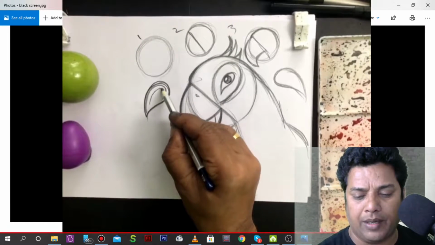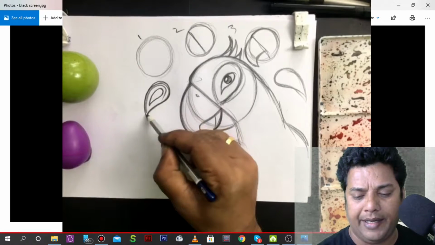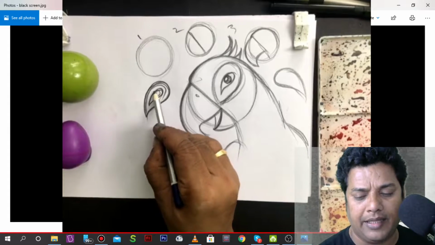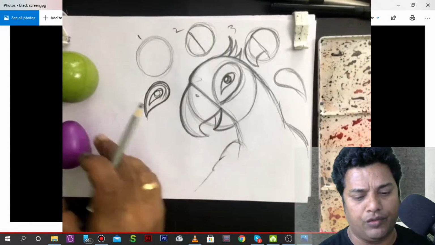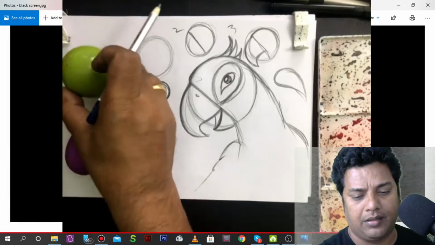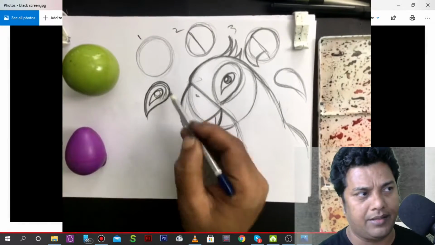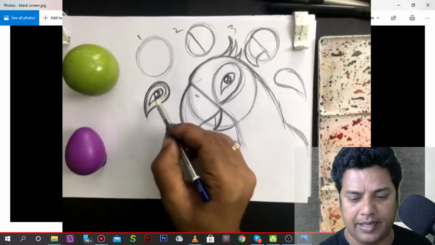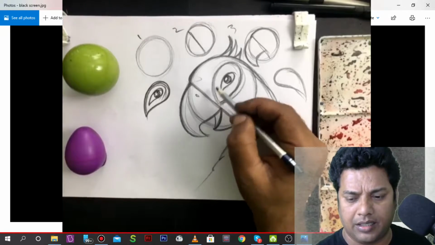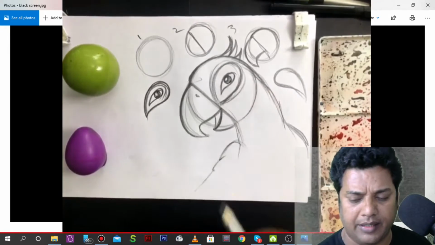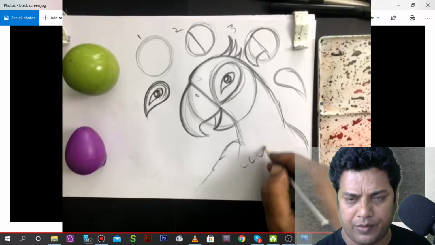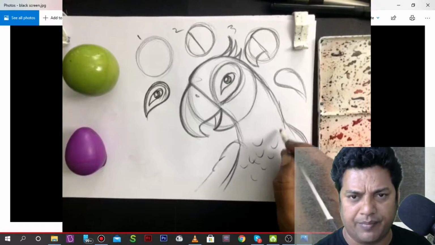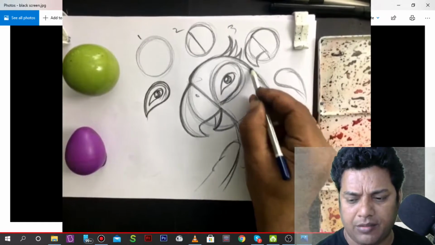And again you are making one line like this. Anywhere you are facing any problem, I show you again and again, don't worry. And then first this shape is like an oval, like this. This is a little oval kind of shape. And inside you can make the circle. This is a circle like this, okay, here. And here you can put some feather effect like this, because Macau likes this feather, and here also Macau has feather.